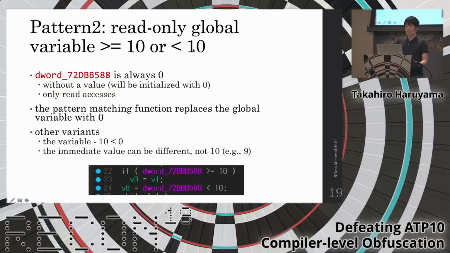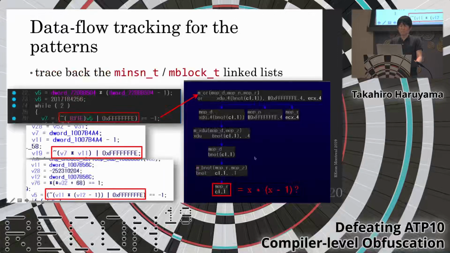The second pattern is a read-only global variable compared with an immediate value, more than or less than. The global variable is always 0 because it is initialized with 0, and it has only read accesses. So the pattern matching function replaces the variable with 0. And there are other variants like this, and the immediate value can be different, for example, 9. Sometimes the code tracks